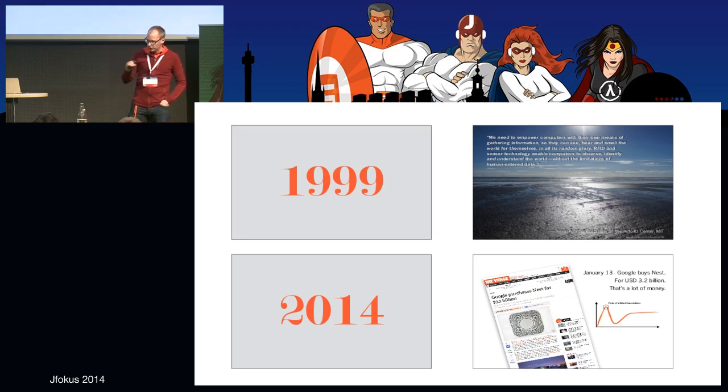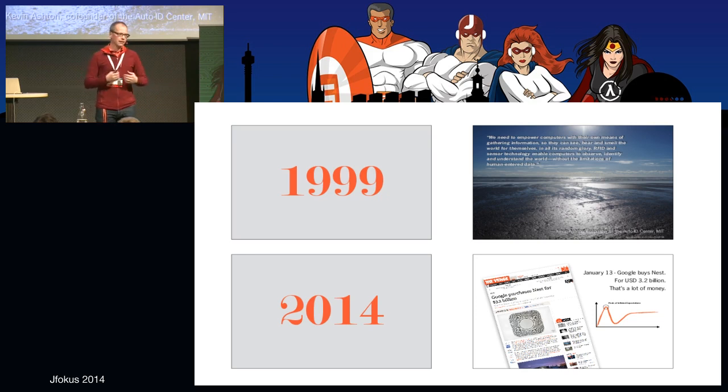So we're going to move forward, and we're going to quickly stop at 1999. And this guy here, Kevin Ashton, co-founded the Auto ID Center at MIT. And for the first time, somewhere around here, he mentioned this idea of Internet of Things, coining the term. He previously came from Procter & Gamble, and his focus at this time was on RFID and RFID tagging. So he thought, well, if we could just RFID tag things around us, we'll be able to use sensors to read these tags, and they will tell us something about the world around us, about these things, where they are and what they're up to, right?